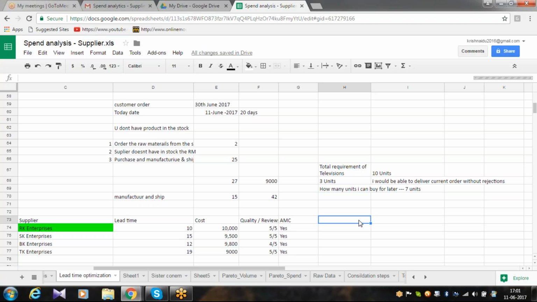give 3 units to the shop floor so that they can get the visibility of design, process, so the workers can actually perform better by looking at the television. Okay. So 7 units I can actually afford to buy later. Okay. Now let's distribute 7 units